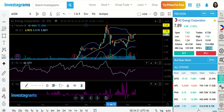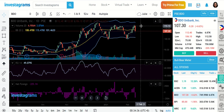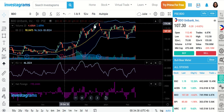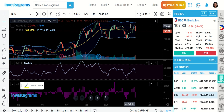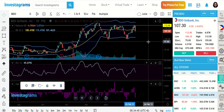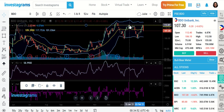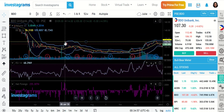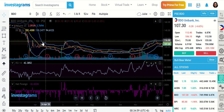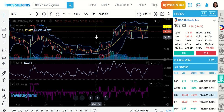Right. The next stock is BDO. So BDO, hmm, so we got rejected here. This used to be a resistance. There. Very easy to interpret. Or I mean trade. Look at this. It used to be a resistance, right? If you look further to the left, that also used to be a resistance. And right as this one, this area as well. So what this stock is trying to do is giving us long